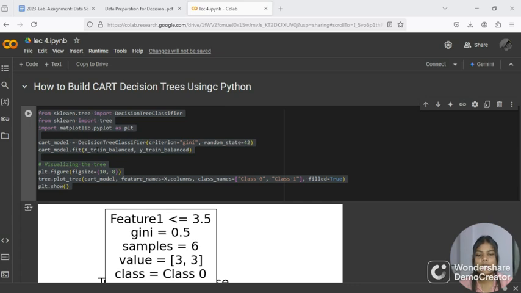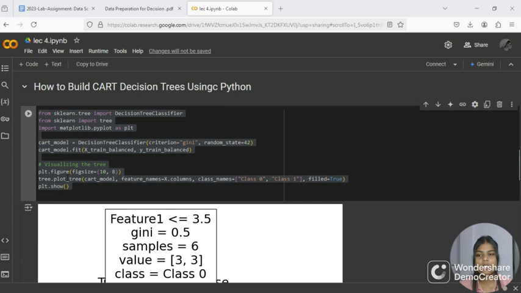And then here we are training the decision tree model on the balanced training data, with X equal to X_train_balanced and y equal to y_train_balanced. And then plt.figure creates a new figure with a specified size of 10 by 8 inches for plotting.